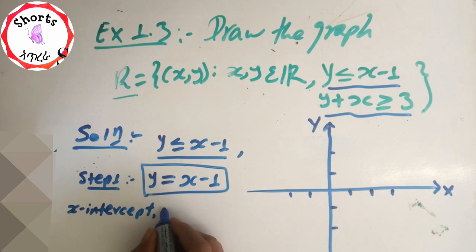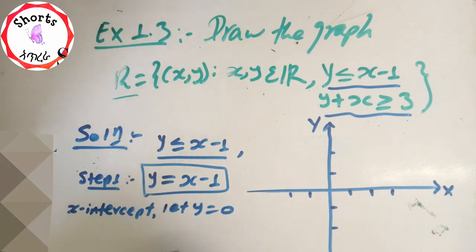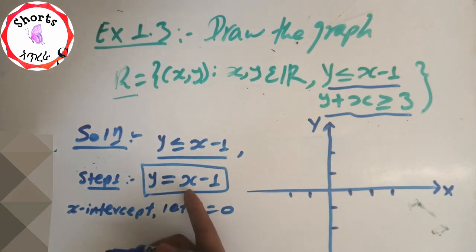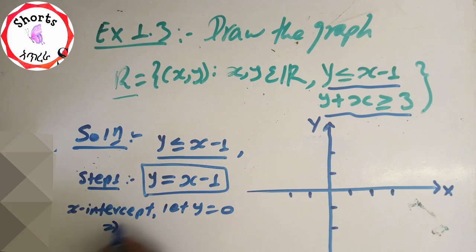To do this you have to let y = 0. x interceptን ለማግኘት y ን 0 እናደርጋለን በዚህ ኢኩዌሽን ላይ።